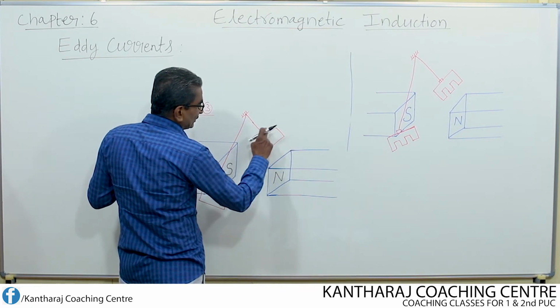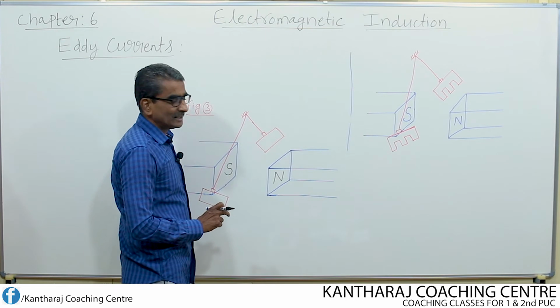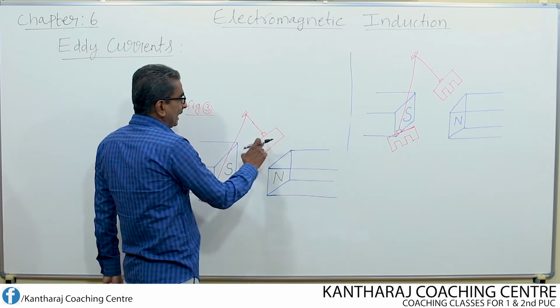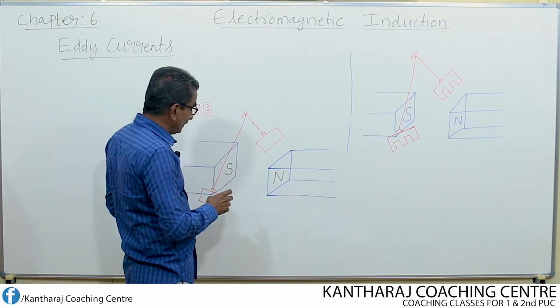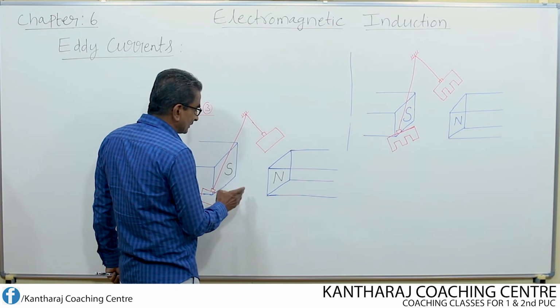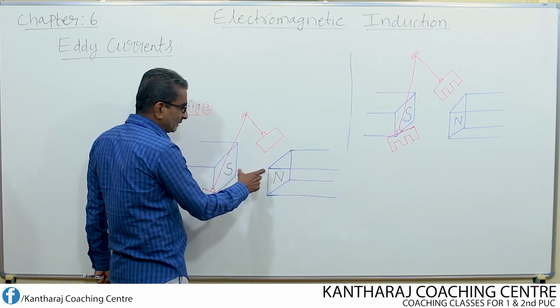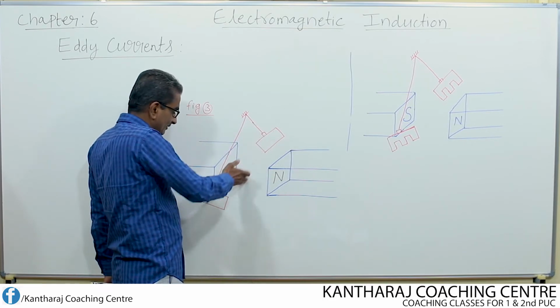Now let us consider one thick copper plate. This thick copper plate is suspended from a rigid support, and we make this plate oscillate in the magnetic field of the two pole pieces. There is a space between the south pole and north pole, which are separated by a very small distance, so that this plate can oscillate freely.